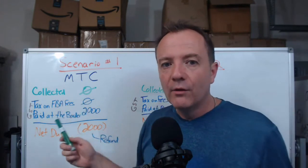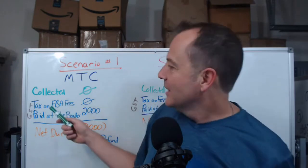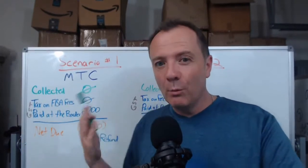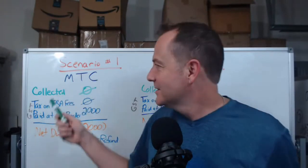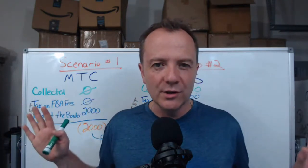It just happens. Now, from everything I've seen, there's two buckets of GST here. Now, these are both potential credits. Keep that in mind here. So, if you don't have your GST number in there because you're an MTC, you're not checking anything off that says you're MTC, all you're doing is just not putting in a GST number, whether you're registered or not. So, if you just don't put in the GST number, you're automatically MTC for the calculation of all this, which again is marketplace tax calculation, which means the marketplace handles the calculation of taxes and remittance, meaning giving the government their money. So you're out of the equation,